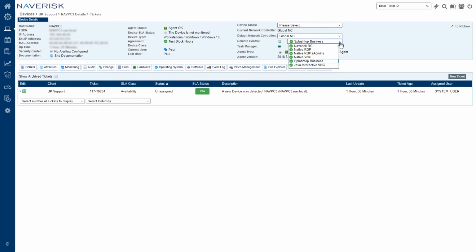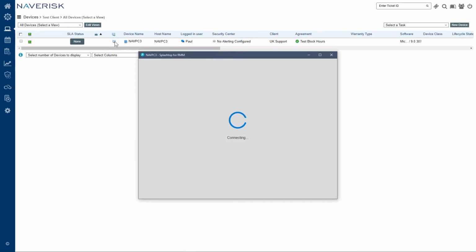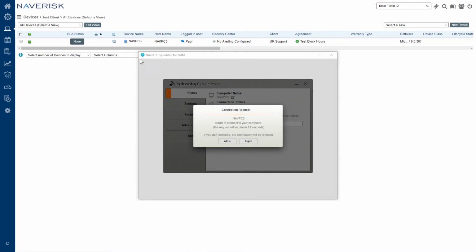So there you have it. So I've remoted using Splashtop through to our site controller for NavDemo2. So now that I've made those changes with Splashtop, I can go back to my devices list level, and I can remote to my devices with the remote control icon here, and it's still going to use Splashtop. So I can simply log in, and as you can see, as I did before, we're going to remote into